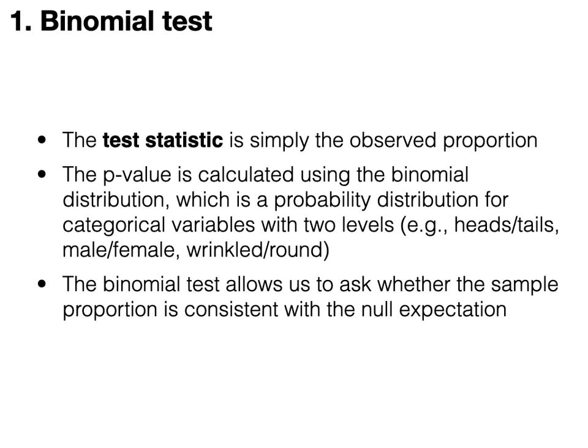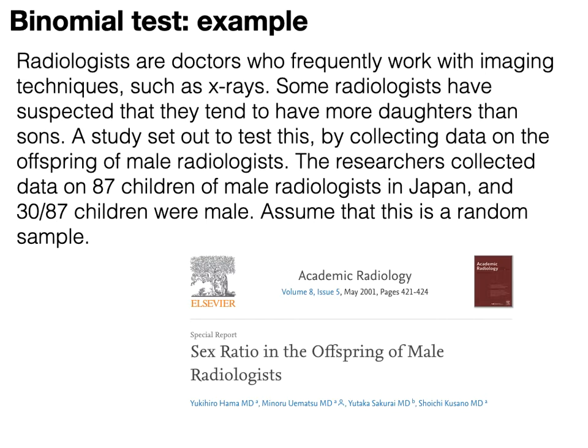The binomial test lets us ask whether the sample proportion is consistent with the null expectation. Here's an example from a scientific study. In this study, radiologists, who are doctors who work with radiation like x-rays, have suspected for a while that they tend to have more daughters than sons. So this study set out to test this by collecting data on the offspring of male radiologists. The researchers collected data on 87 children of male radiologists in Japan, and they found that of these